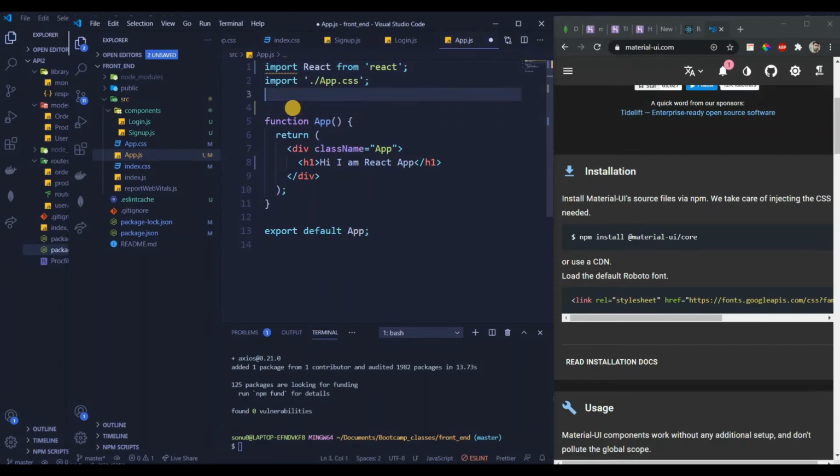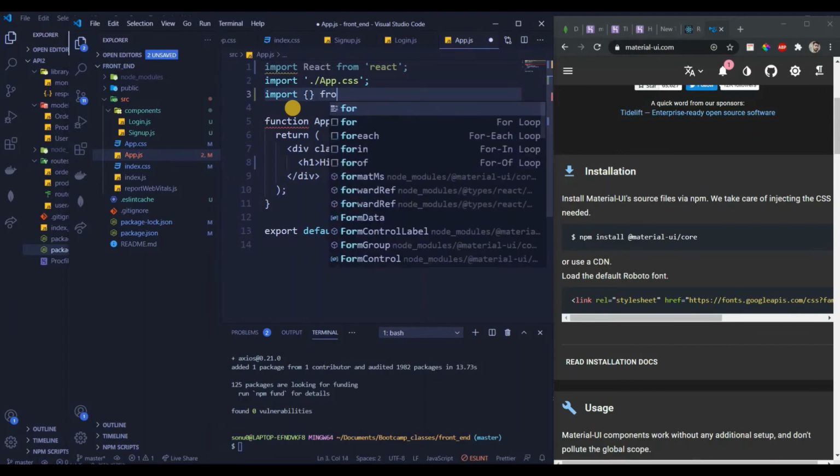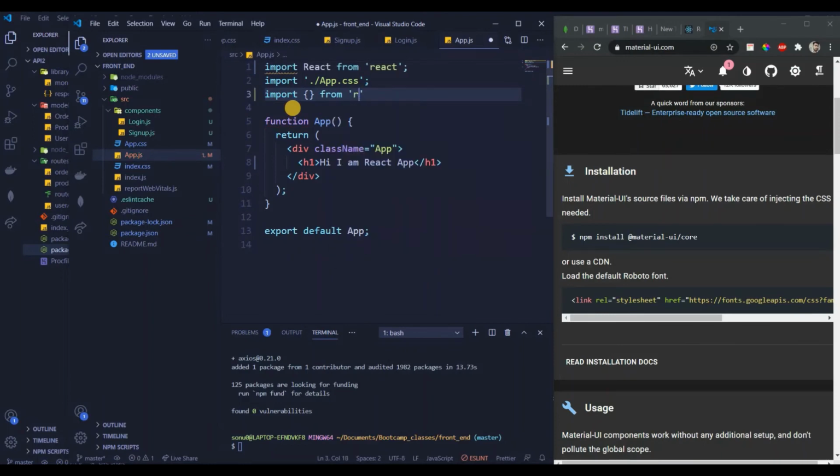Yes, lint is giving us some error, but that's okay, guys. It's something that we have provided, so because of that only. Okay, so now over here we will start with browser. We'll import from something called React Router DOM. So what are the dependencies that we need to import from React Router DOM?